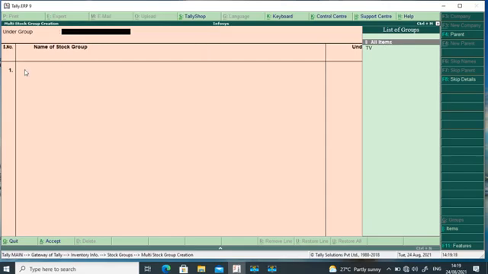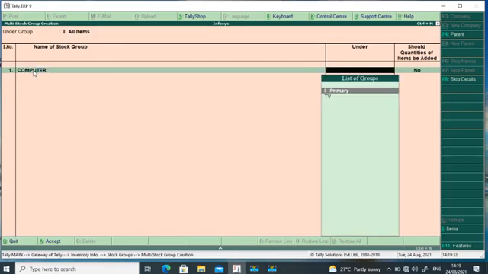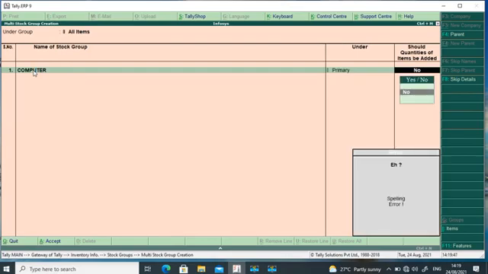Now the names of the stock groups, we can keep adding the stock group names. Now I will add computer as my stock group, and I will press enter. Under primary group, I want to create, means click on primary. If you want quantities of items to be added, just click the Y button.